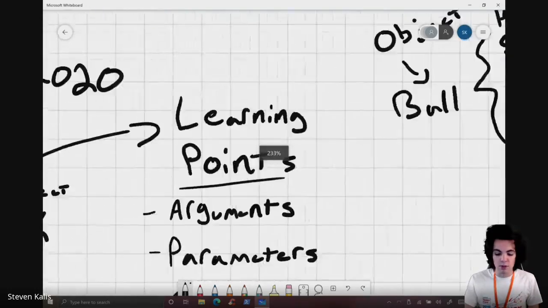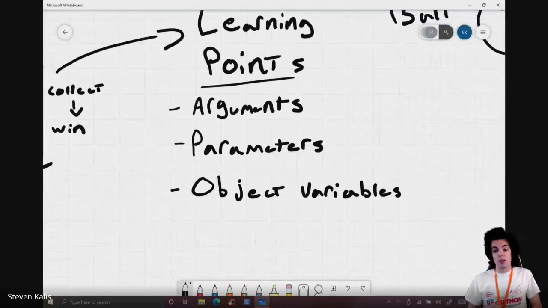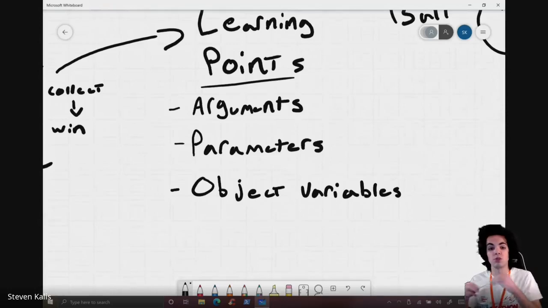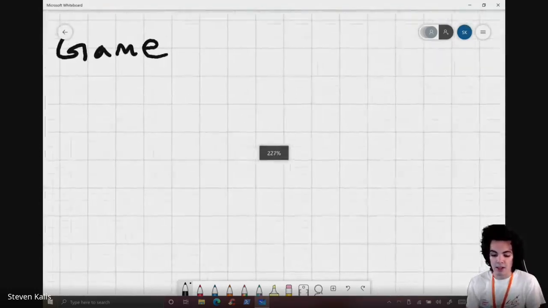But yeah, that was one of the main learning points from this game. There was a few more as well. Arguments and parameters, being able to send information to a function and being able to turn that information into a variable for the function to work. An example of this can be seen when we click on an item. We were working on a click event to where,